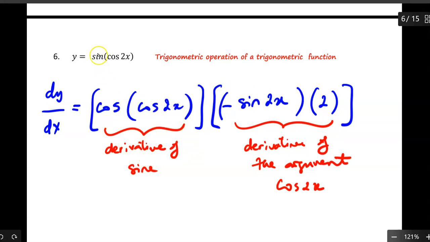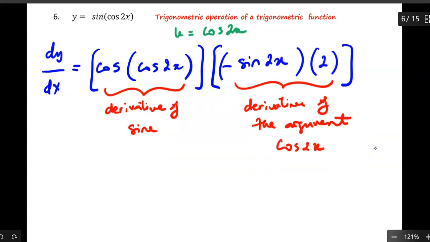So the very first thing is, here's your sine. What is the derivative of sine? It's just cos. So you write out the cos and you repeat the exact argument again. But because we have to multiply by the derivative of u as a function of x, and u is equal to cos of 2x, to find the derivative of cos of 2x, you need the derivative of cos with a negative sign. So repeat the argument again, but then you multiply by the derivative of the argument 2x,